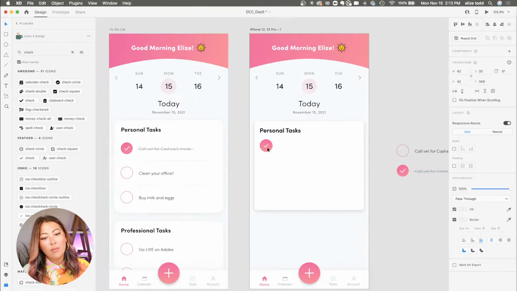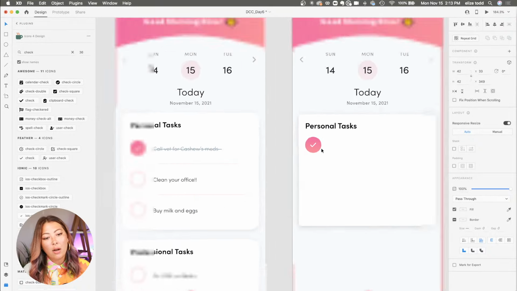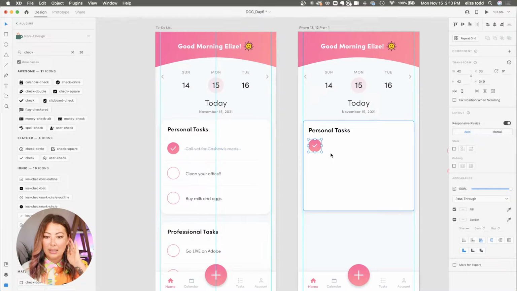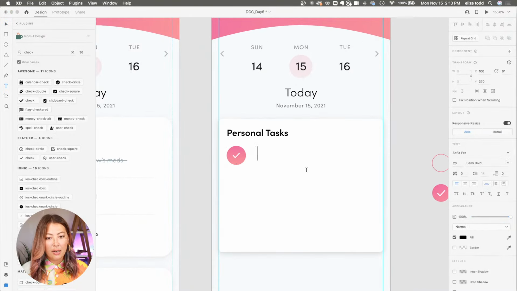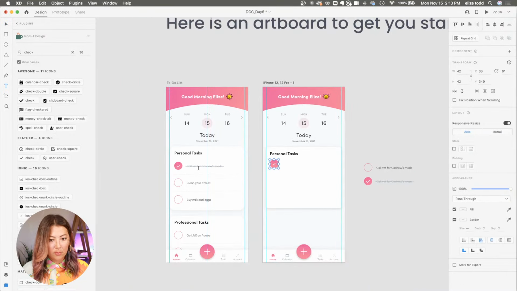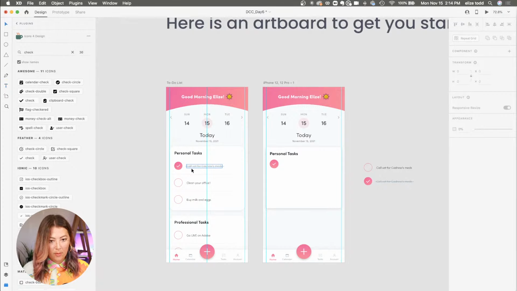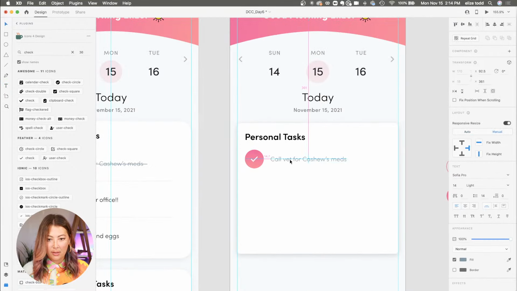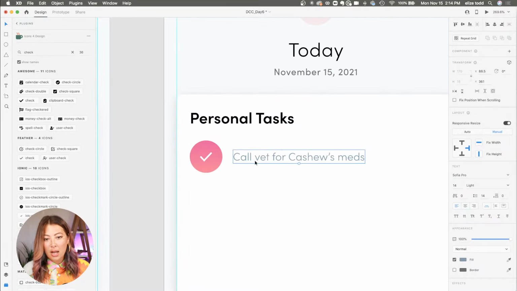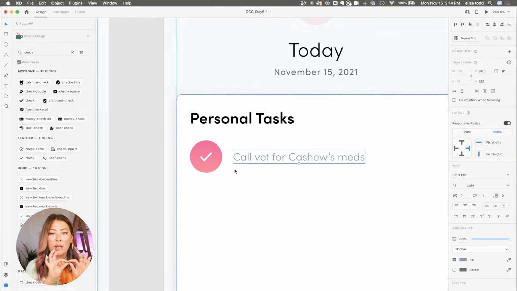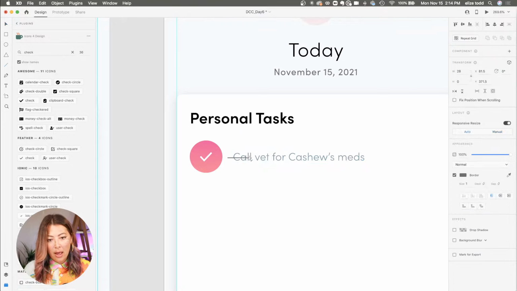So I have my little check mark, and now I'm going to add my text. So T for text again. And I'm just going to add it from here. You already know how I make text. I don't want you to have to watch me type every letter. So here I have the task, and then what I'm going to do next is make a little line for the cross, like crossing it out. L on my keyboard is the shortcut